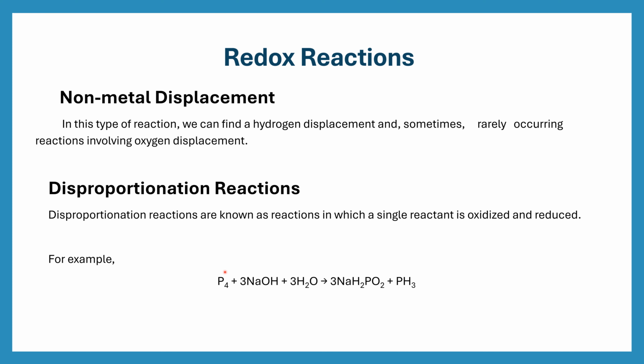The phosphorus in the reactants has an oxidation state of 0, but in the products, in the PH3 it has an oxidation state of -3, and in the second compound phosphorus has an oxidation state of +1. So from 0 it goes to both -3 and +1 oxidation states. So a single component is being oxidized in one compound and reduced in the PH3 compound. So this was the disproportionation reaction.